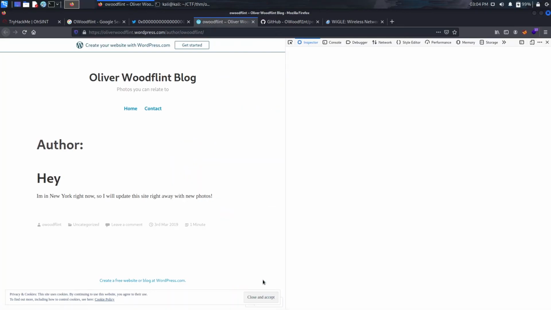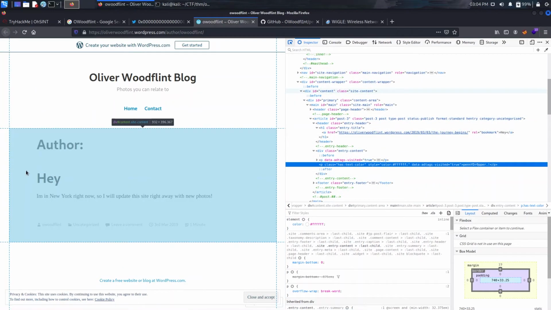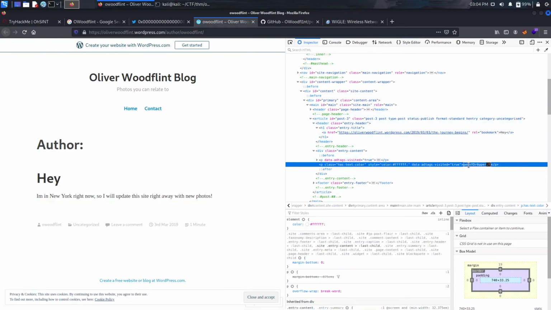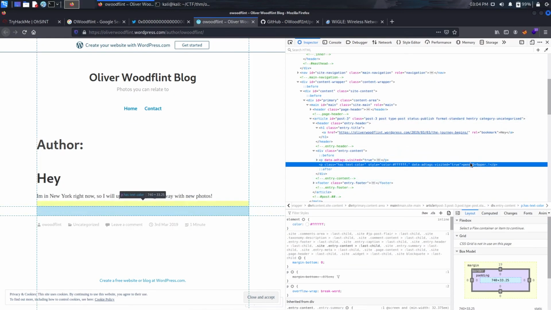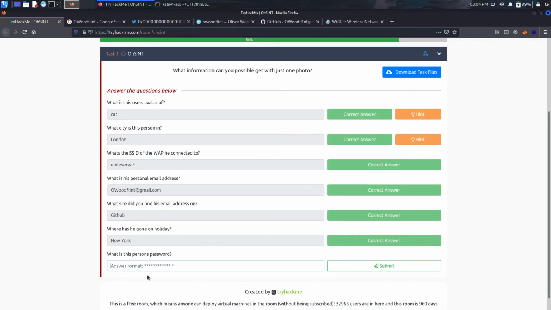If you go for inspect and check the text here, it should be hidden somewhere. As you can see here, it is our text. Let's copy it and paste it. Sorry, it didn't get copied. Let's go back and copy it from here.